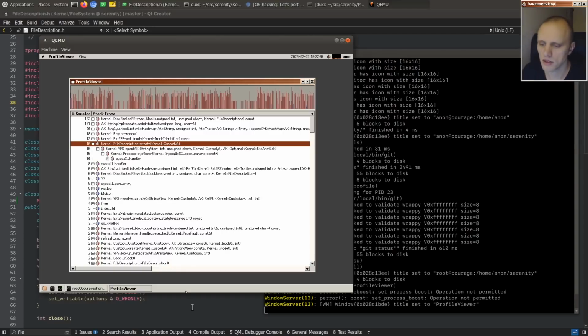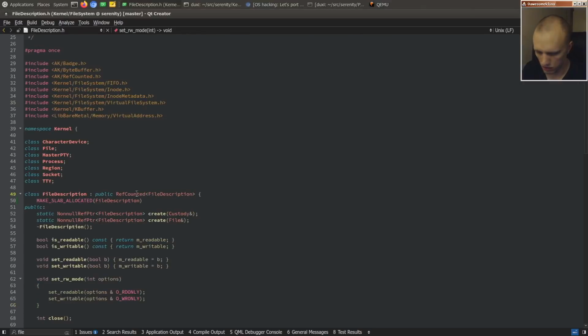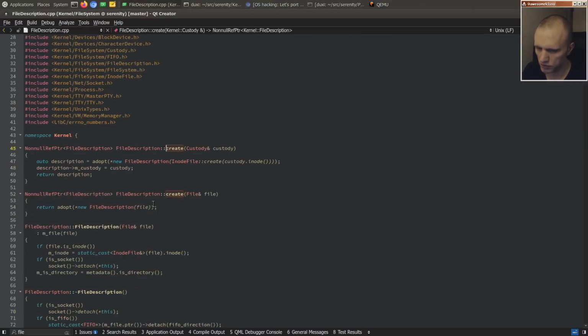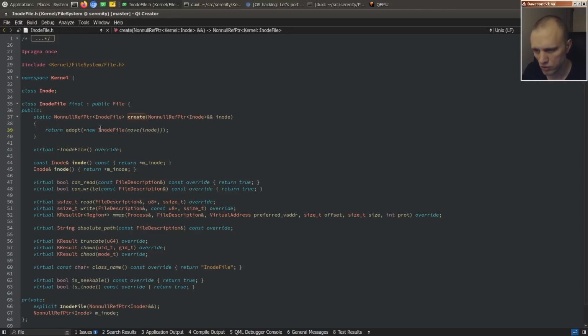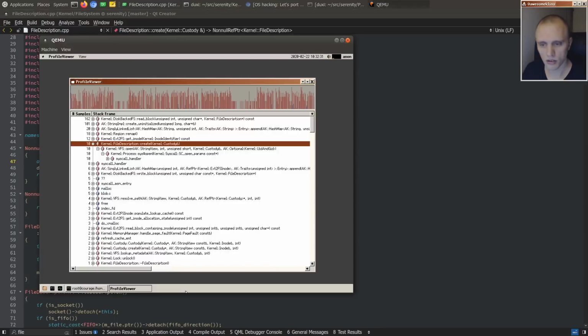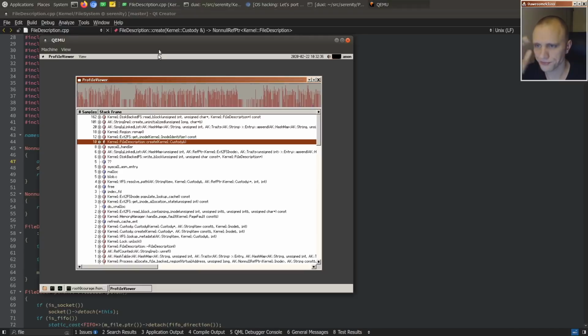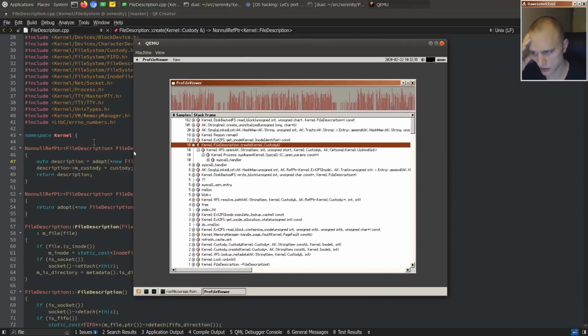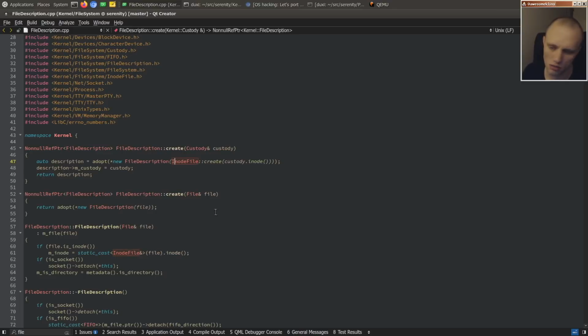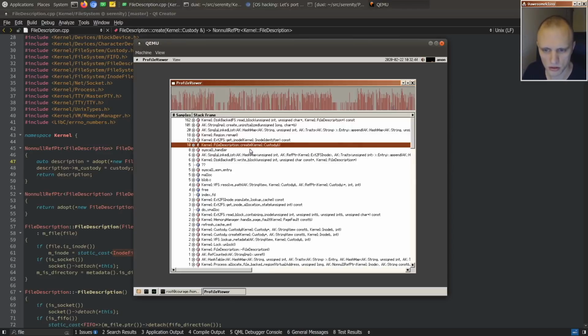Maybe he's doing something heavy. What are we doing there? We call new, but that's a slab allocation. But we call inode file create also, which is new inode file. So we're creating a file to wrap the custody that we are passed. But now we're talking pretty small things here. Although I suppose we could try to make inode file be slab allocated as well,